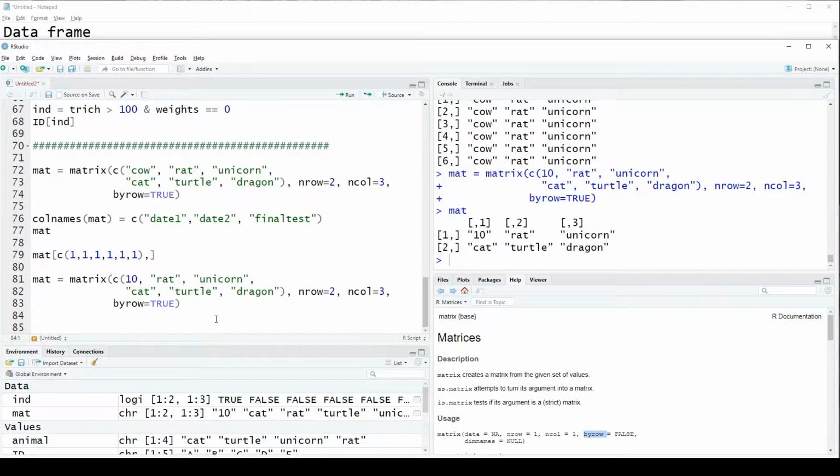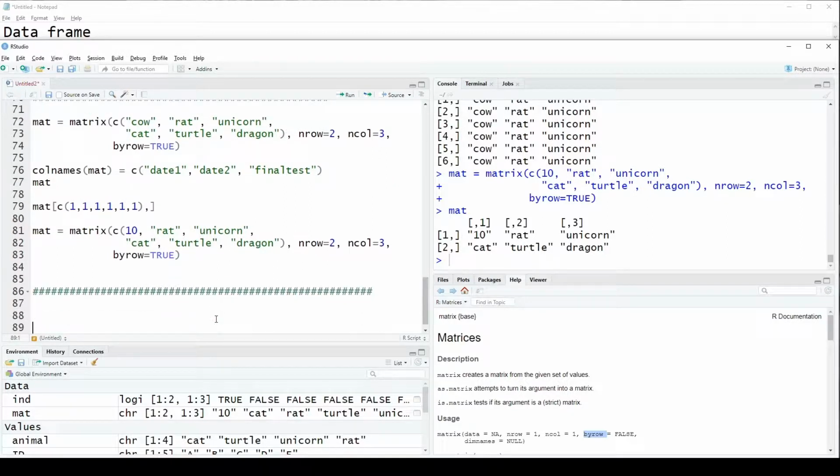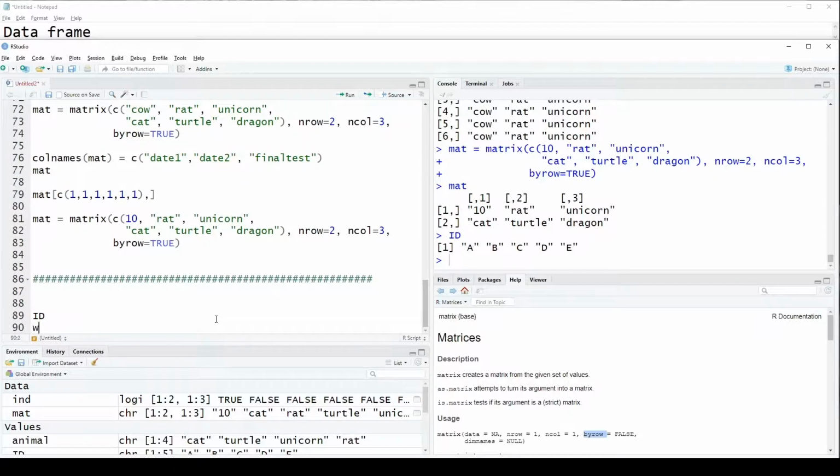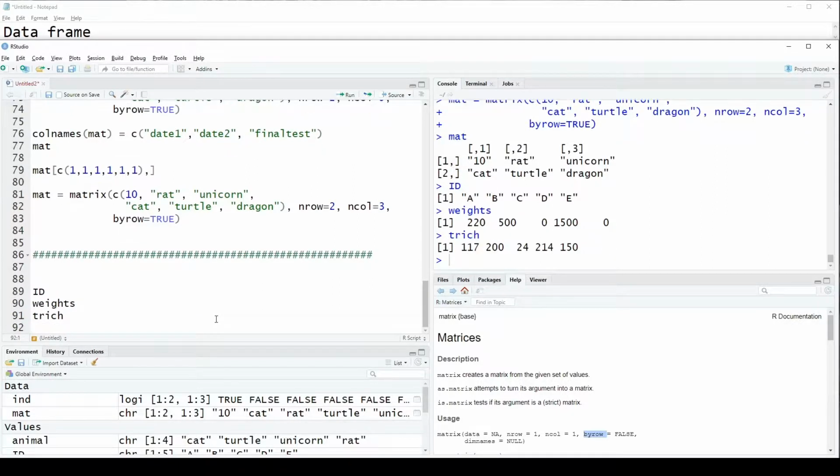So oftentimes you will make a data frame by reading in your actual data sheets. Let's create a different section here. I want to make one that we're familiar with rather than read in a CSV that you might or might not know. So let's see. So remember that we had ID, weights, and trichomes, which I was calling trike, from our hypothetical experiment. So we can make a data.frame